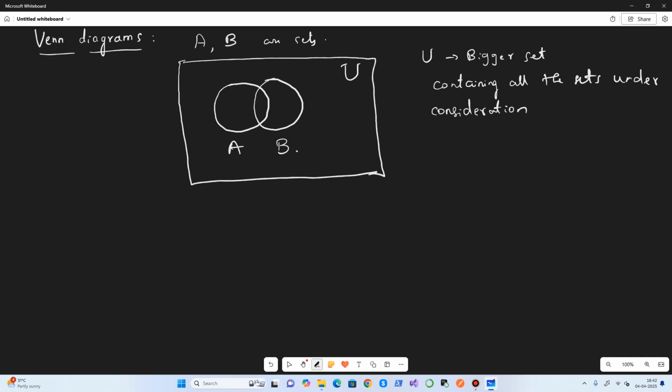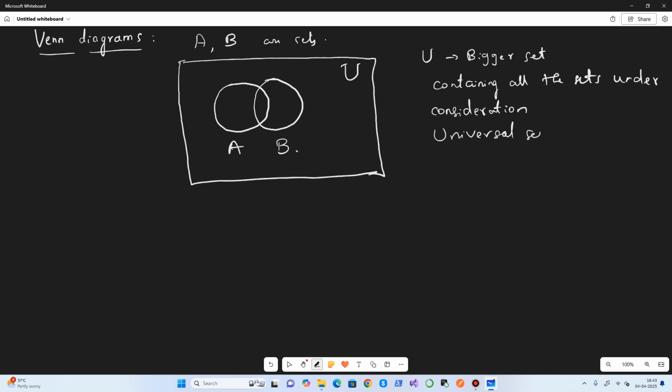U represents the combination of all the sets involved, so it contains all the elements present in all the sets under consideration. This is called the universal set.